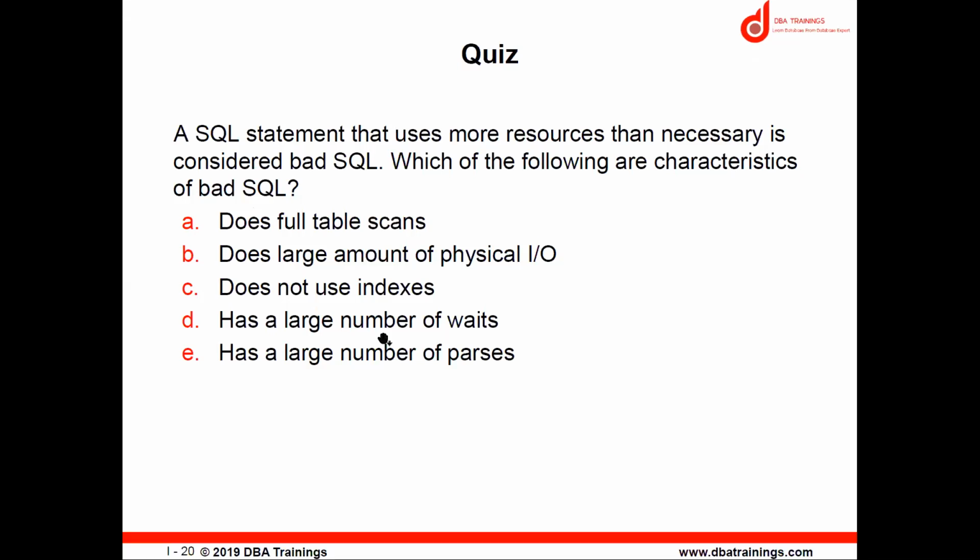B and D. Why not A? Not necessary, but always a full scan? Yeah, because A is not necessary. Suppose my table has more than 10% of rows returned. Then never use the index. That means in this case, a full table scan will happen. For a small table, or a column whose data changes frequently, we always advise not to use the index. That's why C is not correct, and A is not correct. Has a large number of paths: quite possible depending on the query. So that's why B and D are the only correct ones.